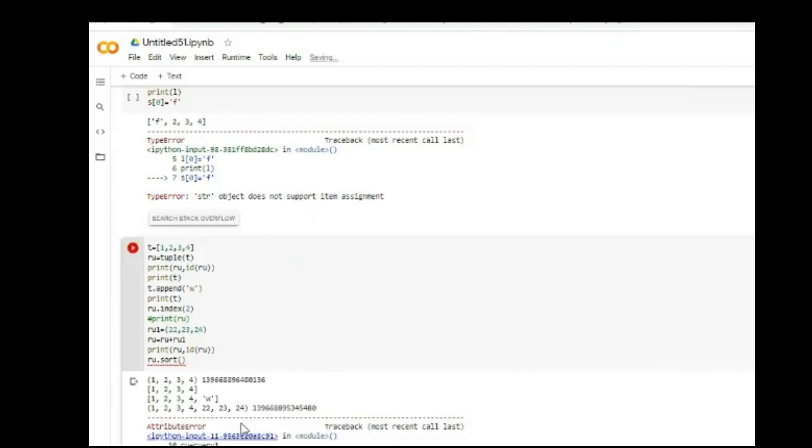It will show you error. But at the same time, if I give sorted of ru, can you read this one? Tuple object has no attribute here. So if I give it a sorted of ru,